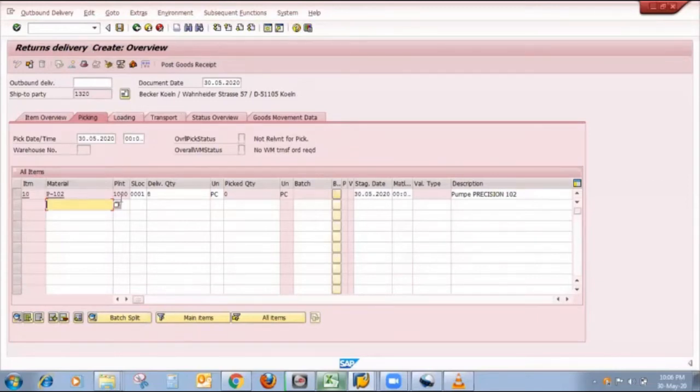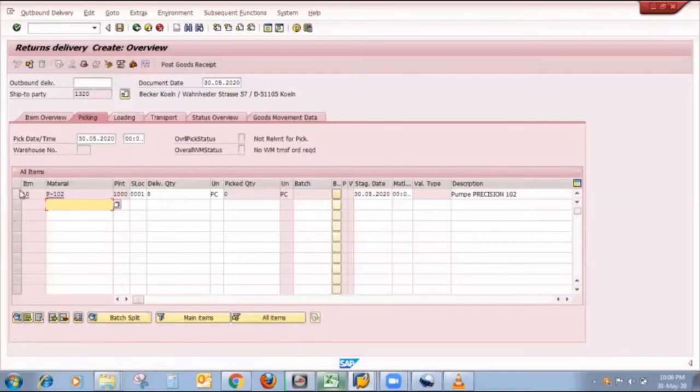Here is my material, here is my plant, here is my storage location, and all quantity, unit, all the data already fetched. Here as shown, post goods receipt tag, because we will do receipt, not issue. During outbound delivery it's issue, but now inbound delivery, so this is post goods receipt tag.